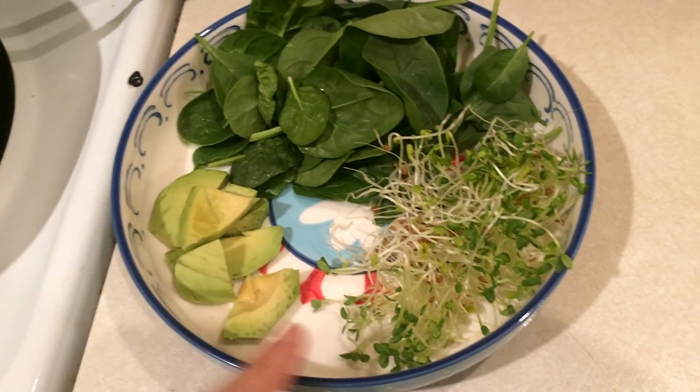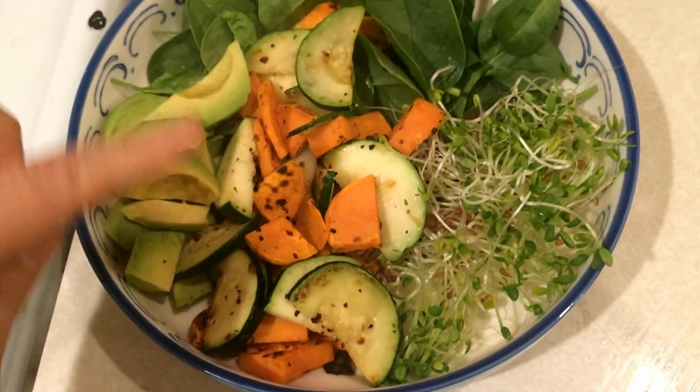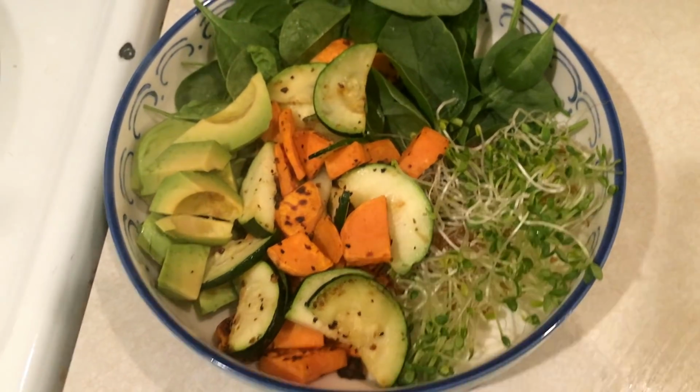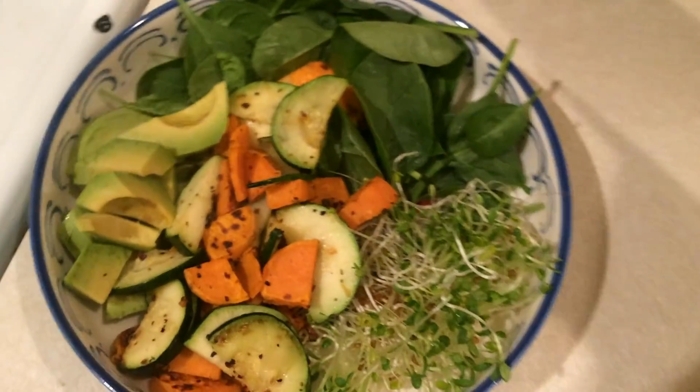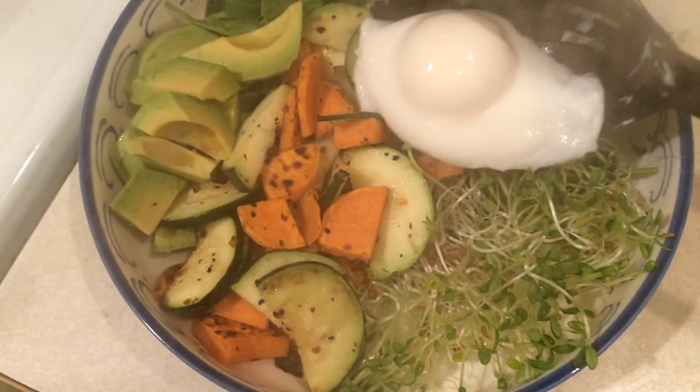So this is how I lay it out. This is kind of the base, and then the toppings on that. And I'll show you what it looks like when it's all done. Okay, so I just laid the zucchini and the sweet potato right there. So then I just put the poached eggs